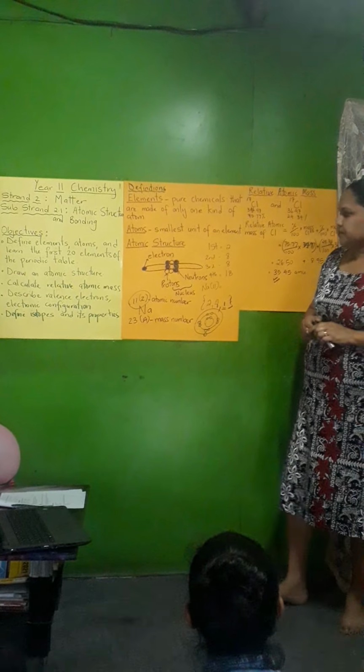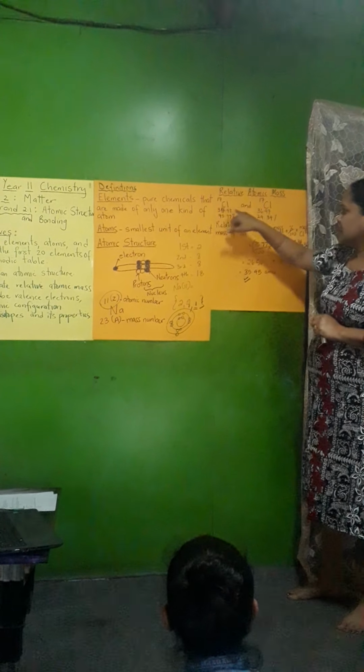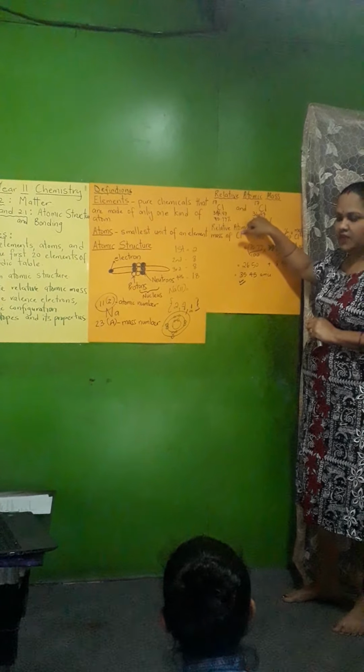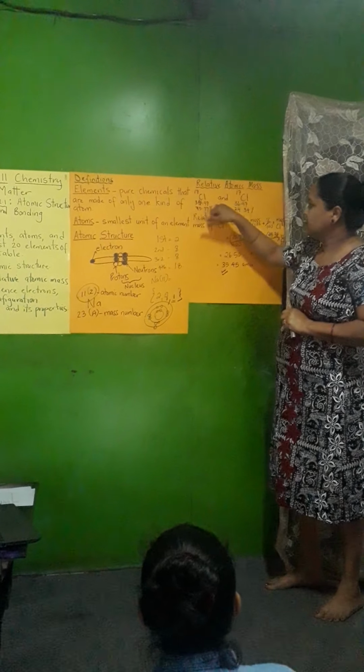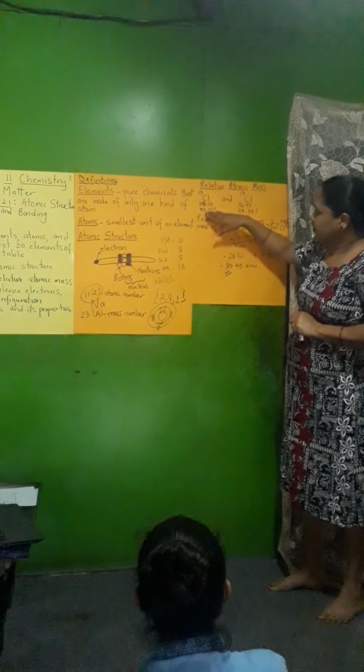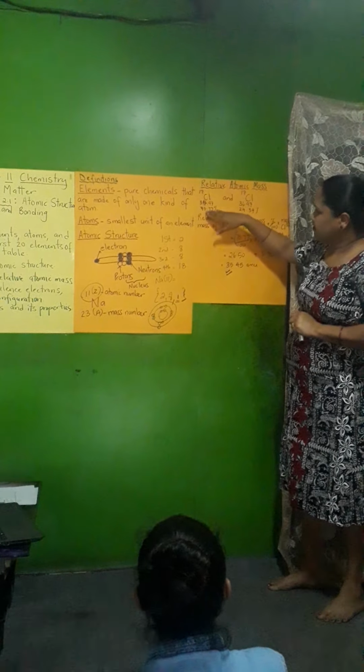Thirdly, you will learn how to calculate the relative atomic mass. Remember, relative atomic mass can be calculated using two isotopic occurrences of the same atom. So here I have taken chlorine 17. Both are chlorine 17. It has the same atomic number, 17, but it has different mass numbers. That means the relative atomic mass of both of these is different. And here is the percentage abundance of these two isotopes. Chlorine 35 has 75.77 abundance, and chlorine